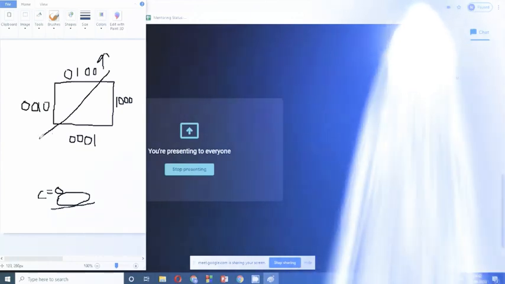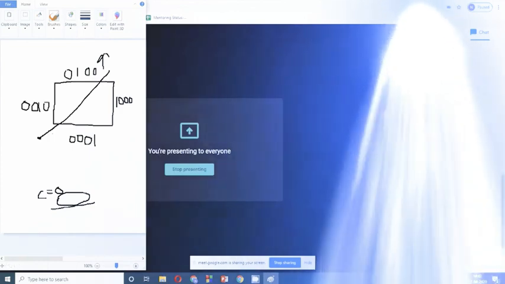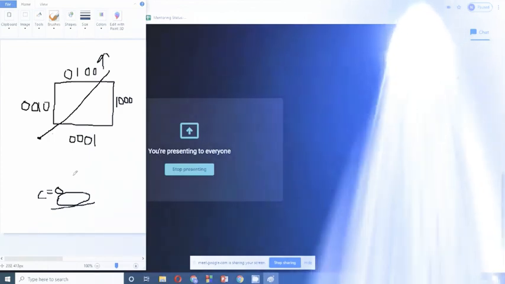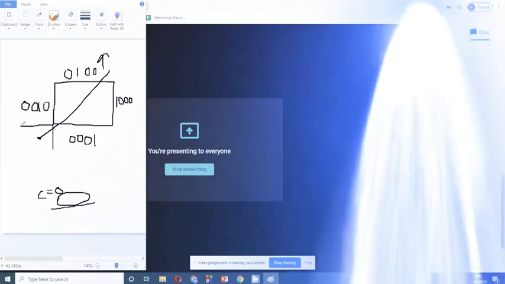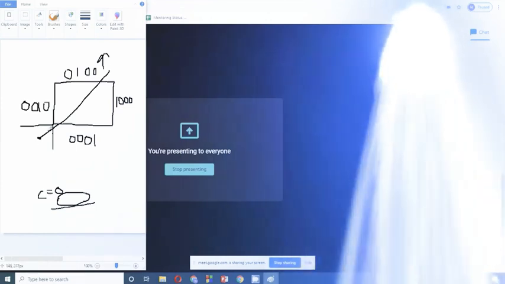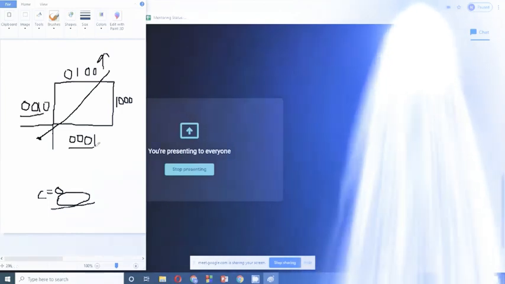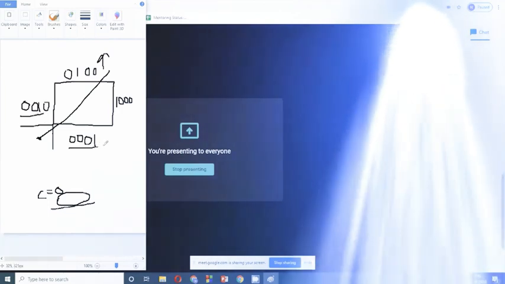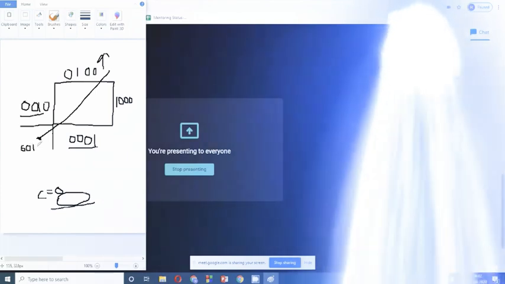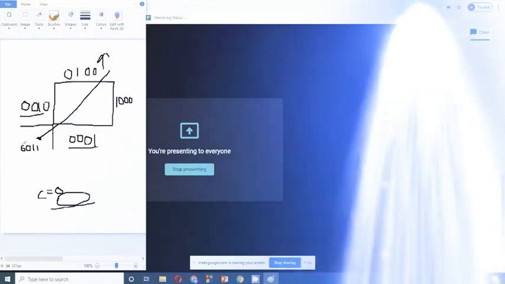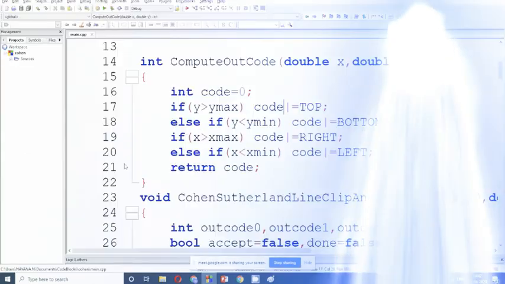Say my line is actually something like this. Which reason is this? Exactly. Yes, Anshu. It can be in two regions. That's why we go for OR. So this is in bottom and left region, right? So the region code of this point is actually OR of this region and this region, right? So that's the whole idea why we are going to OR. So this is 0, 0, 1, 1. Okay. So that's the reason we do OR.